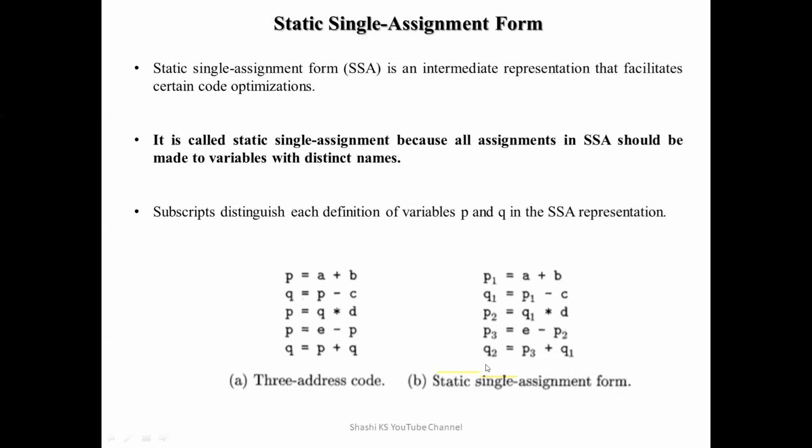Okay. In short, whenever you have a variable on the left hand side and that is going to be used multiple times, every time we will represent it with distinct names, and that distinct names is represented by using subscripts. So first occurrence of P is represented as P1, and if P occurs for the second time in the LHS, it will be represented as P2. If P appears for the third time in the LHS, it will be represented as P3 and so on. Okay.